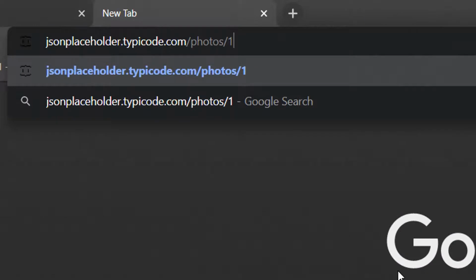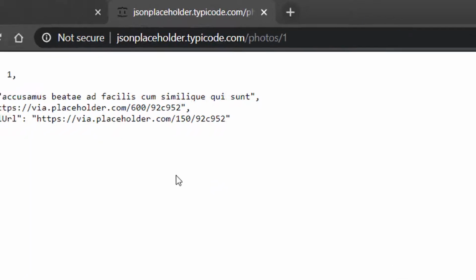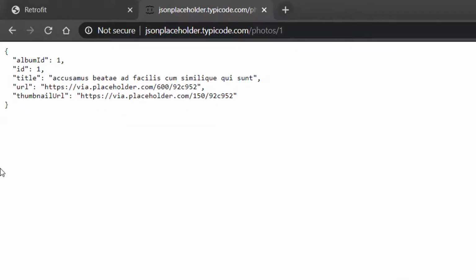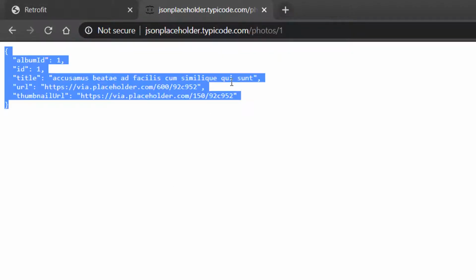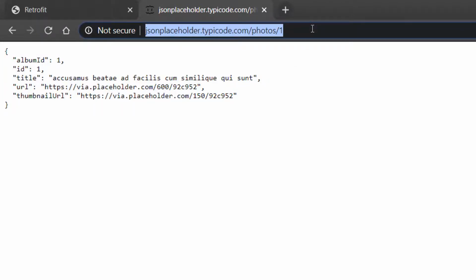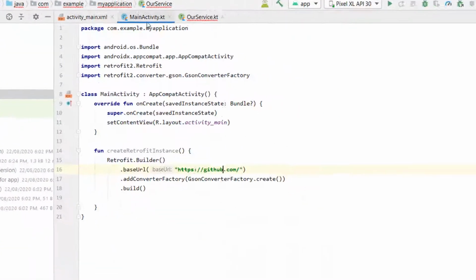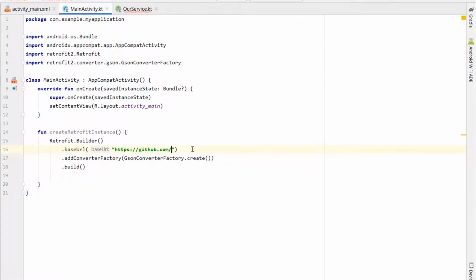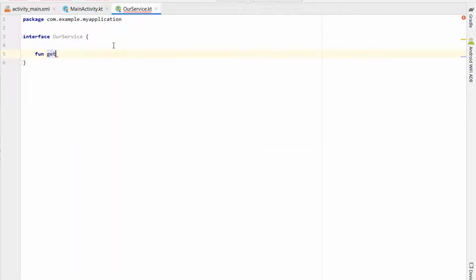Yeah, there is one API that is freely available. You can utilize this for testing purposes. At this URL, it is returning me the following response. So we can utilize this, let's copy this, and first of all go here and change the base URL. Now the base URL will be this, and for our services, let's name it get photos, and we'll say